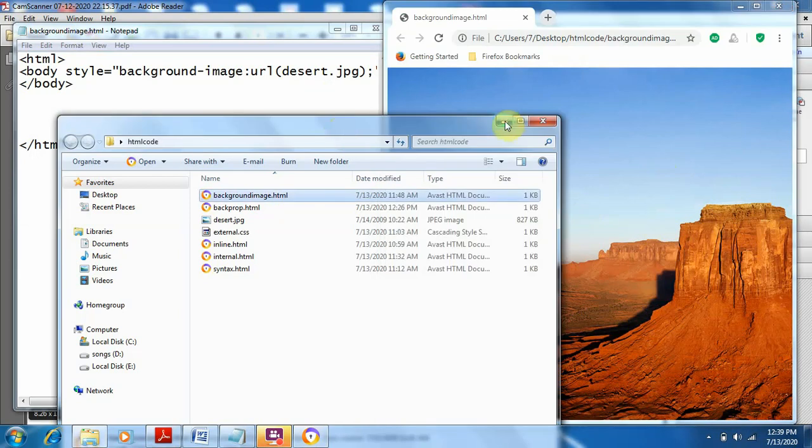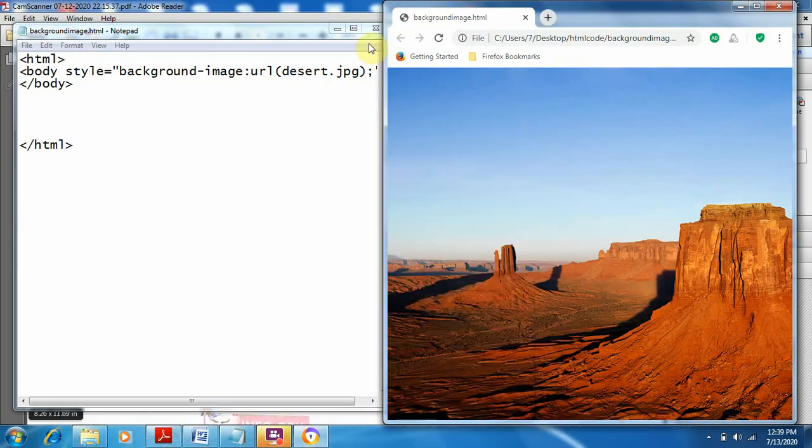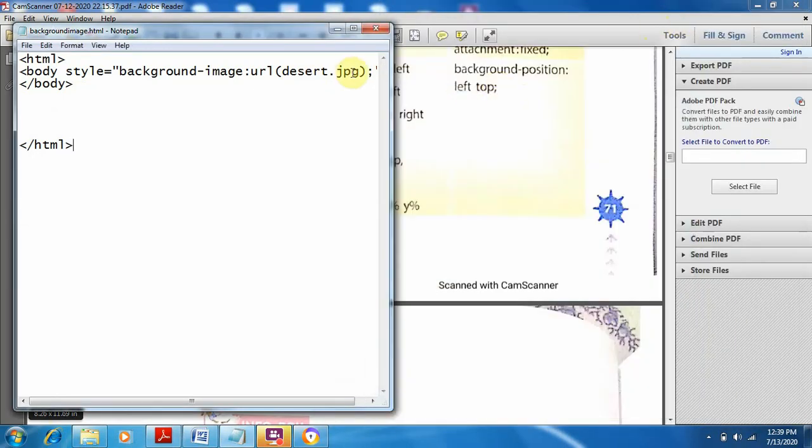Okay, now if we want to apply some other attributes of the background, how can we do that?